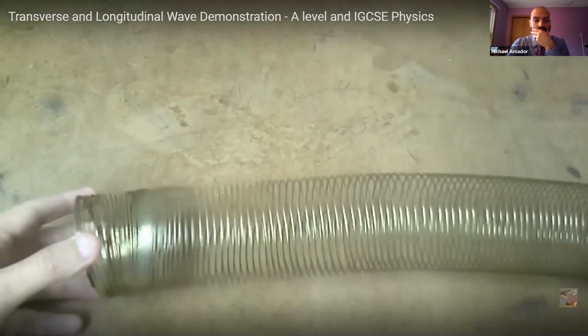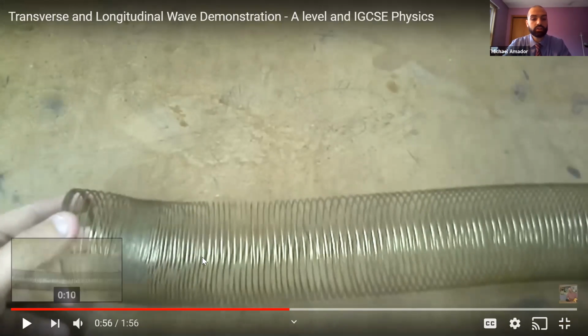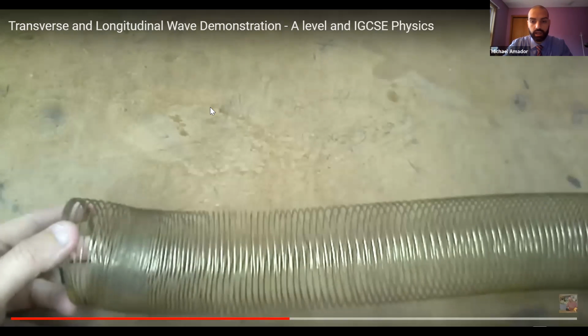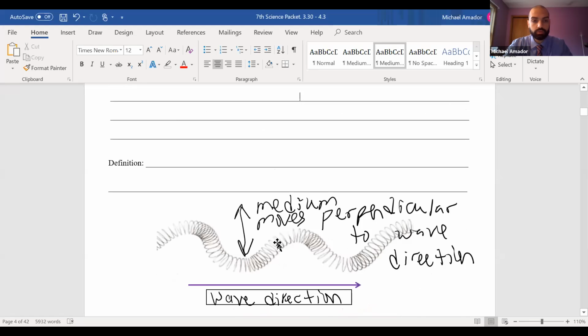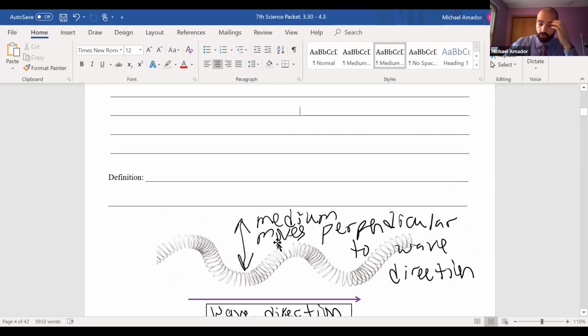Now, another kind of wave is a... Okay, so the next one he's going to show is a longitudinal wave. So let's go ahead into our packets and let's get a volunteer to read. So the definition we have here of transverse waves before we move on. Jessica, I see your hand is up. You want to read, Jessica? Let's write this definition down first.